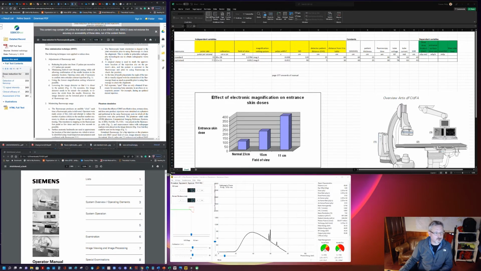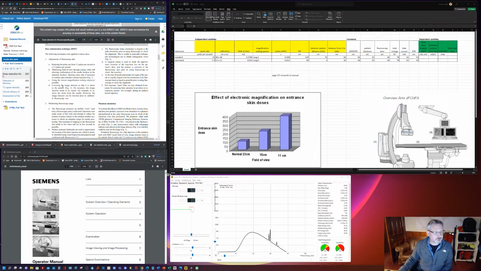So 4 things: reducing the pulse rate. We know that should reduce radiation dose, right? So instead of having 15 pulses, they're only having 7.5 pulses per second. Coning down from 23 centimeters to 11 centimeters squared. Using the lower mag, which should definitely reduce the dose rate. Because when you reduce the area irradiated of the intensifier, it tends to increase the amount of dose per frame that the system wants,